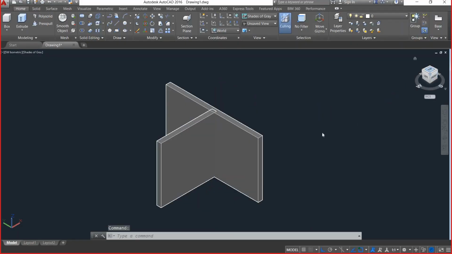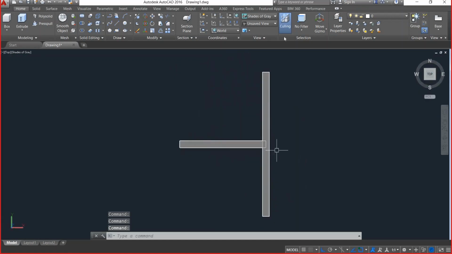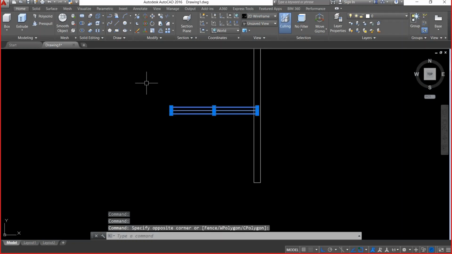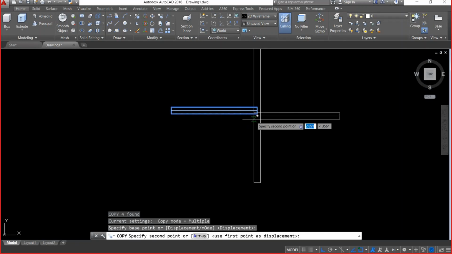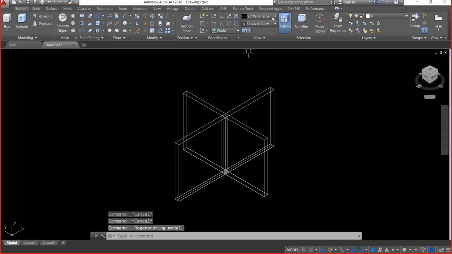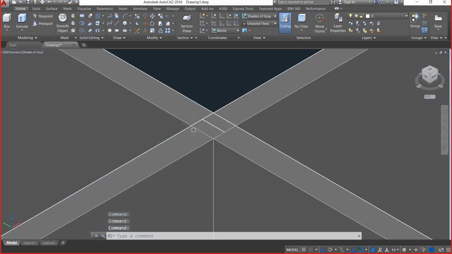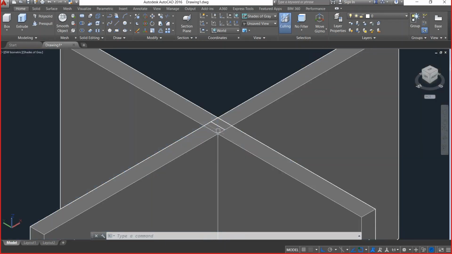Let me go to the plan view and shift to 2D wireframe, and copy and paste the same thing over here. Now when you look at this three-dimensional diagram, you can observe half of this width from this wall and half of this width of this wall is actually overlapping the total width of this length wall, right?